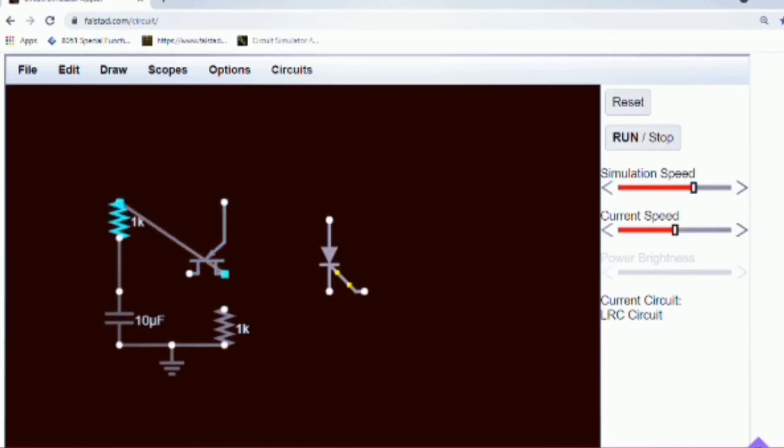Now we will connect the second terminal of the resistor to base 2 of the UJT. Now we will connect base 1 of the UJT to resistor number 2 and the emitter of the UJT to the second terminal of the capacitor.